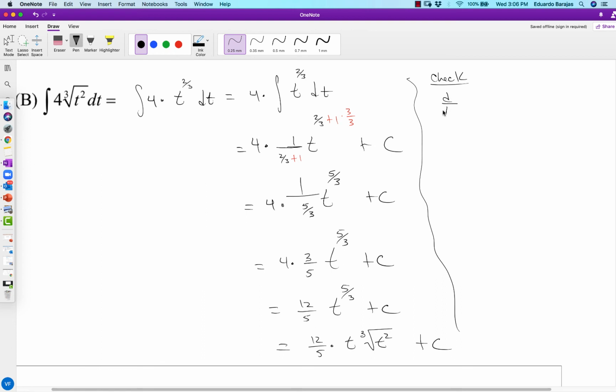Check, is it true that d/dt of 12 divided by 5, t to the 5/3 plus c, is it true that that's going to give us exactly that? Okay, so following our rules of derivatives, this becomes 12/5 times, bring down the 5/3 times t to the 5/3 minus 1 plus 0. And now the 5's cancel, and 3 goes into 12 4 times,